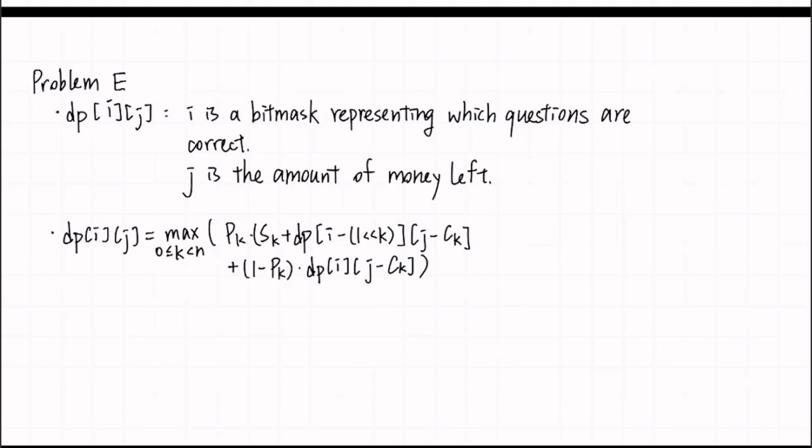And so this maximum is 256, and then there's 5,000 maximum to the money, so this satisfies the memory constraints. And as for the transition for each state dp[i][j], this comes from,